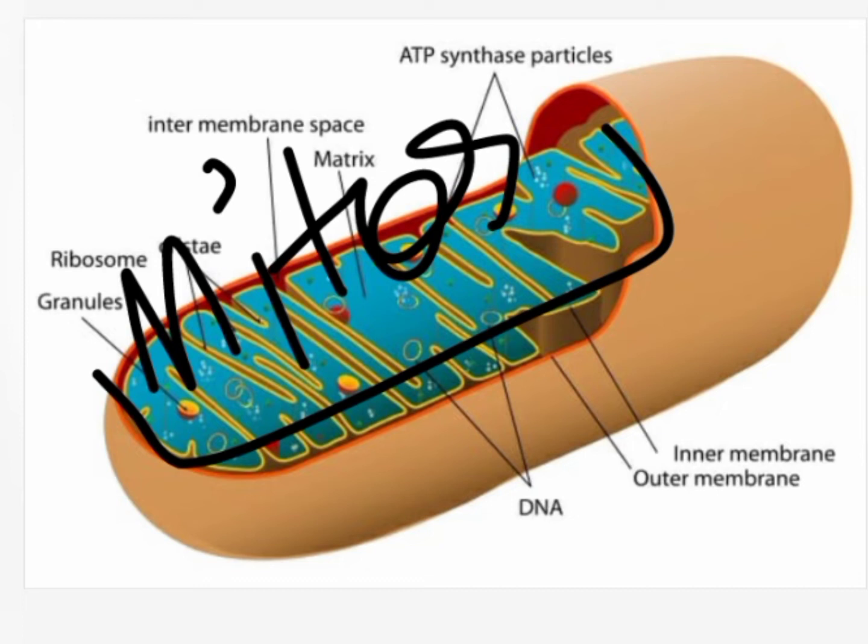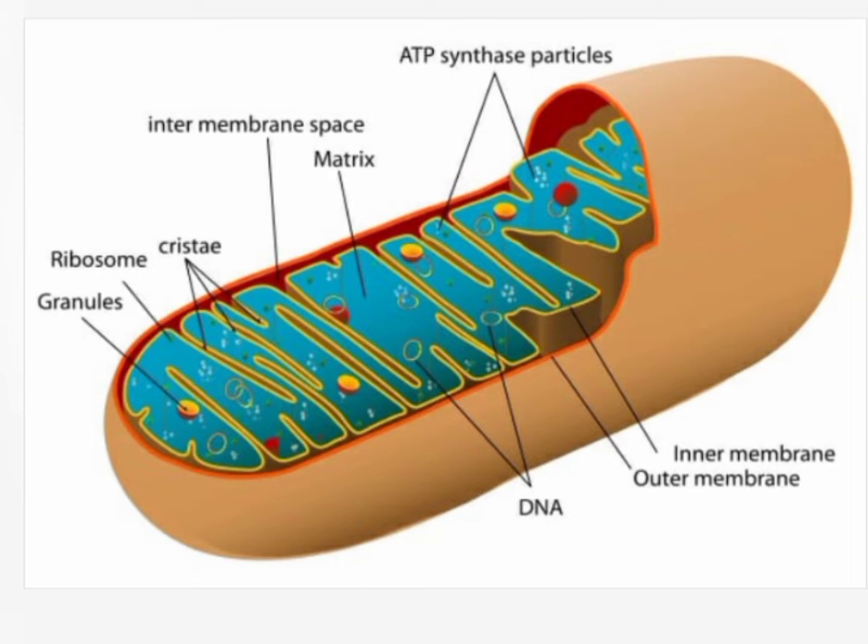Now, talking about mitochondria, what are mitochondria first? Mitochondria are double-walled, as you can see. They are a double-walled envelope where cellular respiration occurs to release energy. An interesting fact: mitochondria is also called the powerhouse of the cell. The powerhouse of the cell means where respiration takes place or energy is being generated. So that is why it is also known as the powerhouse of the cell.